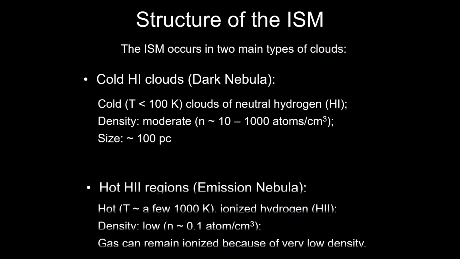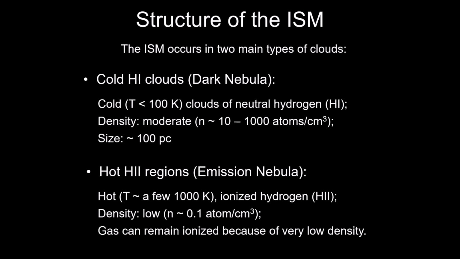All right. Now, let's get to the birth of stars. This stuff will form new stars if triggered to form new stars, right? And what we like to do is think about the interstellar medium as kind of coming in two parts, and the two parts are closely connected to the birth of stars. So what you saw for Barnard 68 was a dark nebula, as we call it. This is a cold hydrogen cloud. It's primarily made up of hydrogen gas, and it's relatively cold.